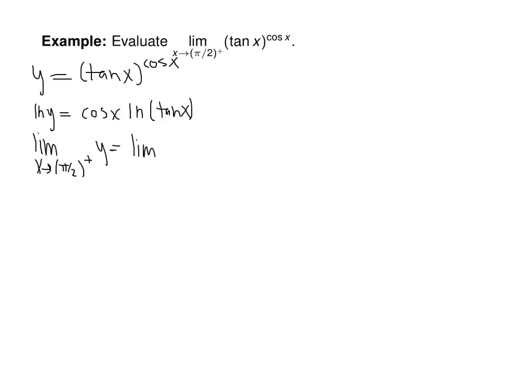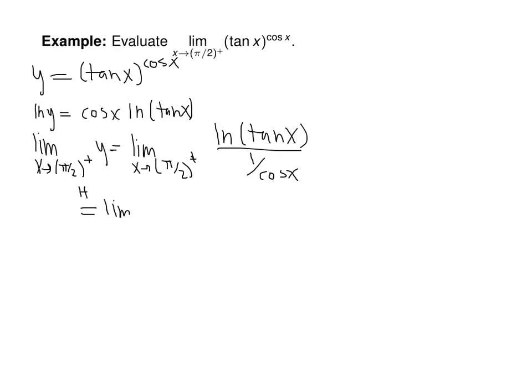And the first thing to notice is that it's not in the right form. So I'm going to change this into ln of tan x divided by 1 over cosine x, or cosine x to the negative first. And now we have an infinity over infinity kind of limit. Is that right? Right, now we apply L'Hopital's rule, and we get the limit as x goes to pi halves